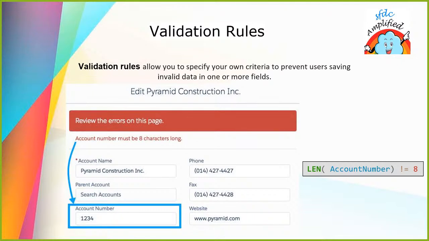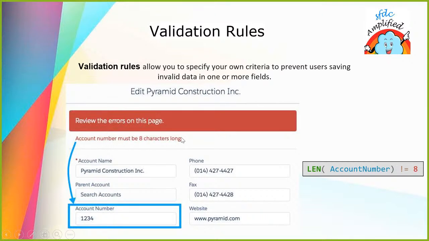Now comes validation rules. So give a big clap to yourself. You have completed pick lists, and now we are moving ahead to the validation rule. So let's understand what a validation rule is. Validation rules allow you to specify your own criteria to prevent users from saving invalid data in one or more fields. You can see here with the help of an example that if account number is not equal to 8, then throw error. So here it's 1 2 3 4, they have just put 4 numbers,